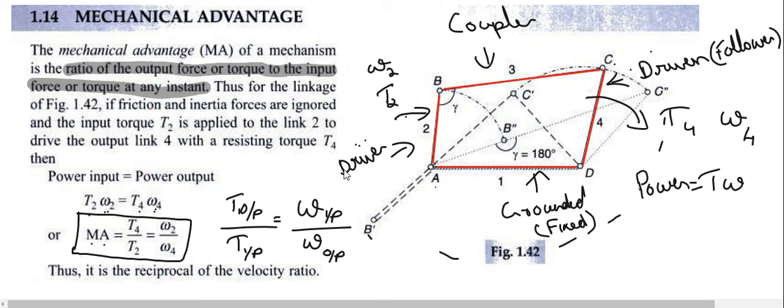Mechanical advantage means we have to determine whether the power that we are transmitting is transmitted to a useful purpose with a higher velocity or a lower velocity, whether that power is reduced or increased. So mechanical advantage means, by providing a mechanism to transmit power from one point to another, whether we are gaining any advantage. That is numerically represented by this term, mechanical advantage.